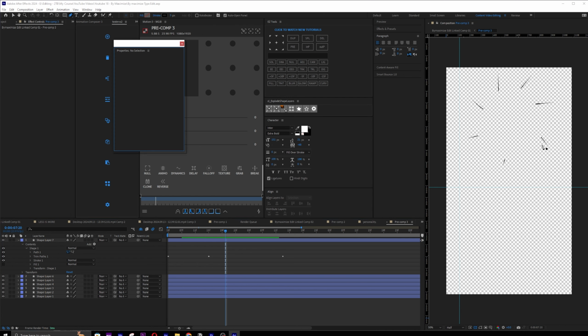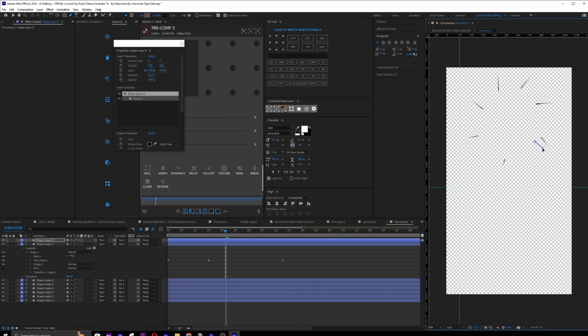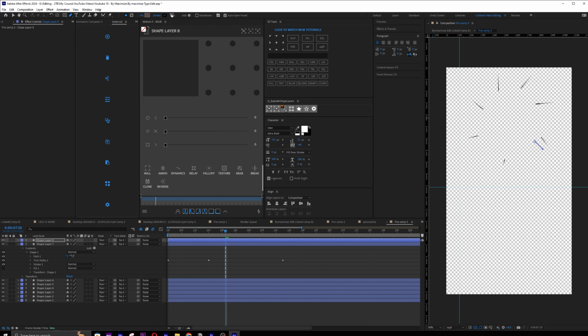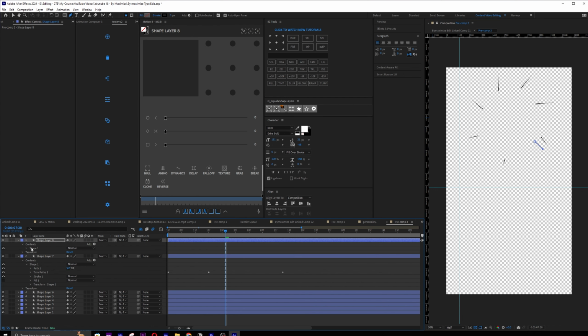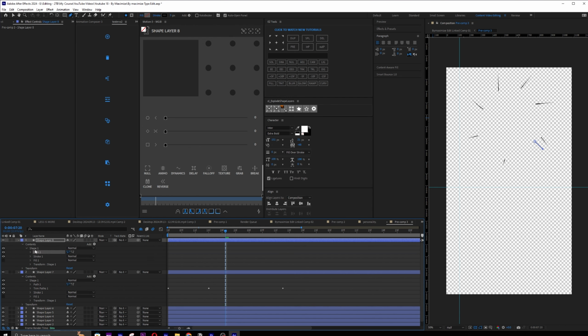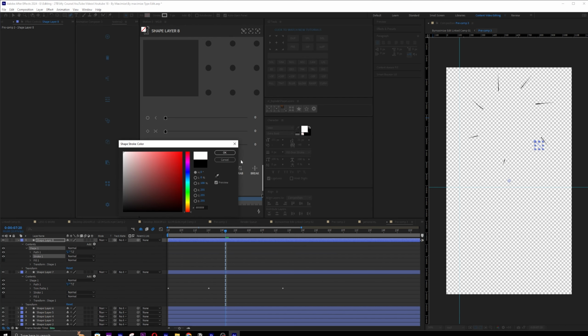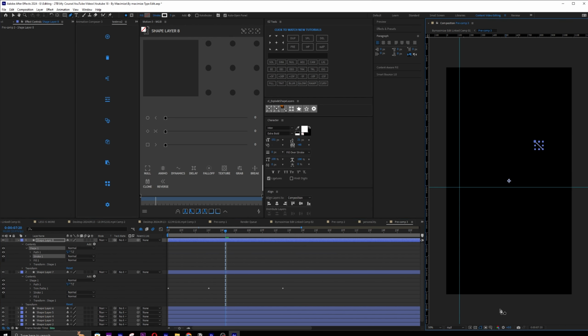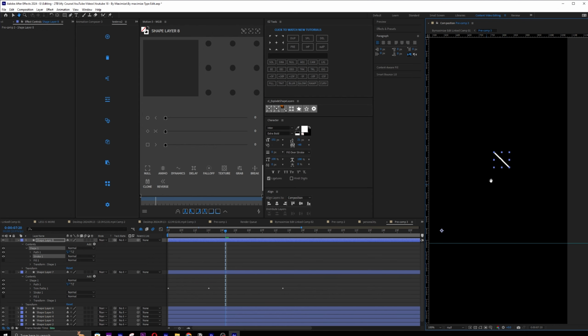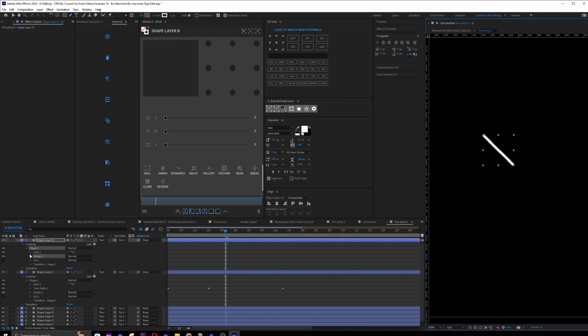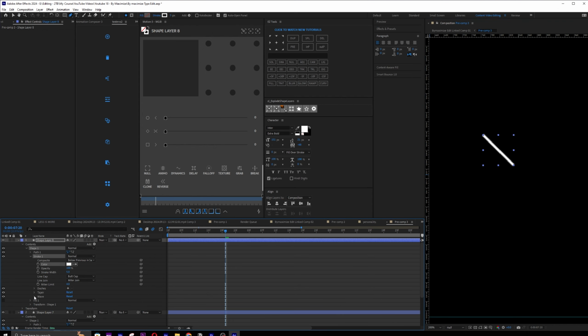Let's say you want to create a line here. So I will do this and do this. Once I do that, make sure your stroke is on 5, and then you pretty much want to go into shape 1. I'll just make this white so it's more visible, and then I'll remove the RGB. And I'll click here just so we can see the shape layer. So once I did this, I went into stroke and I went into taper, and I pretty much did this.